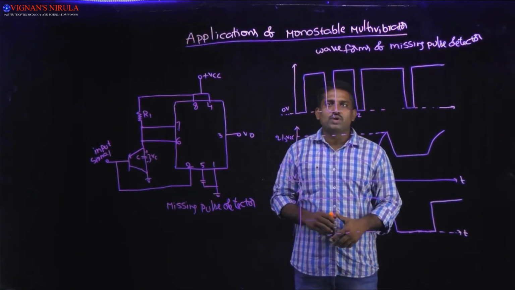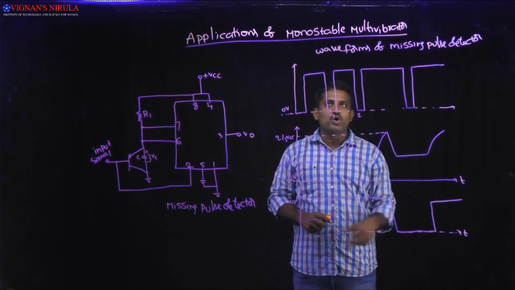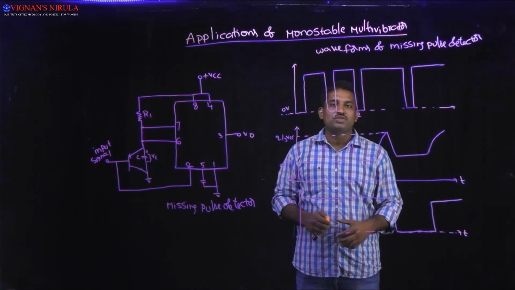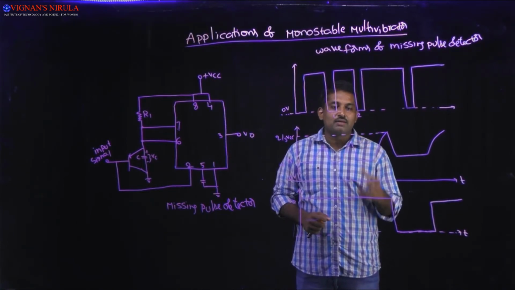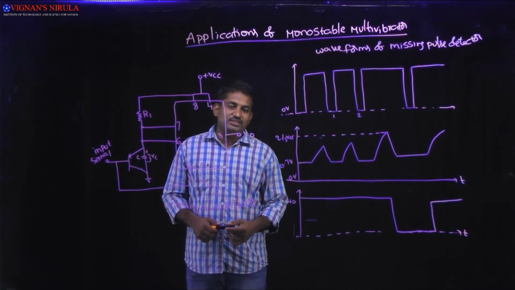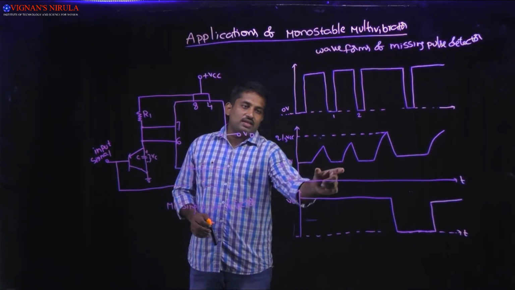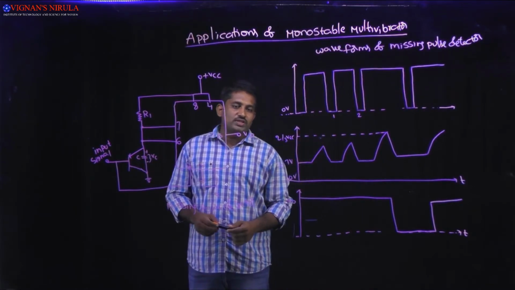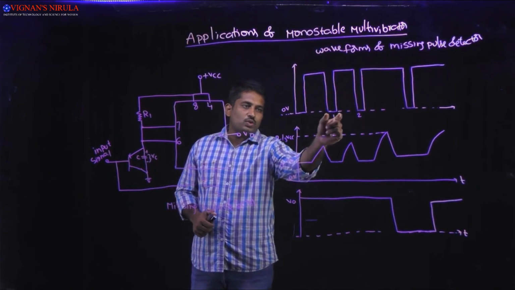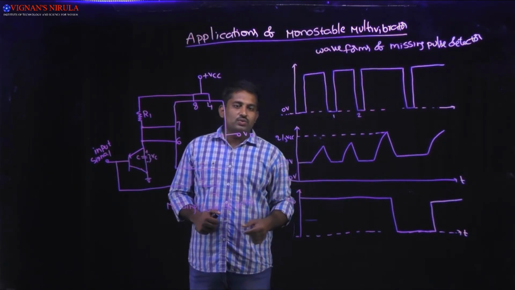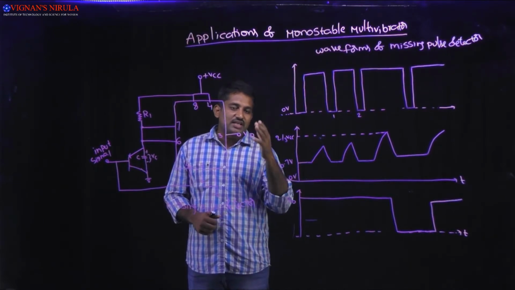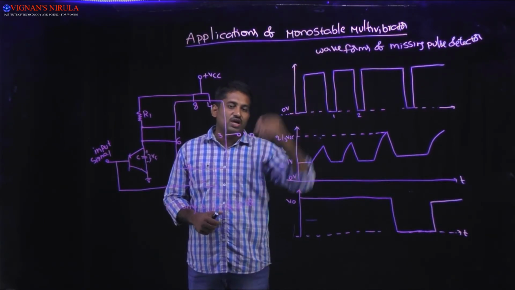And now we are going to explain the waveforms of this missing pulse detector. From these waveforms we clearly understand the missing pulse detector. The timing interval is adjusted longer than the time period of the input signal, and because of the continuous low pulses, the time period is less than the timing interval, which does not allow the capacitor to charge up to